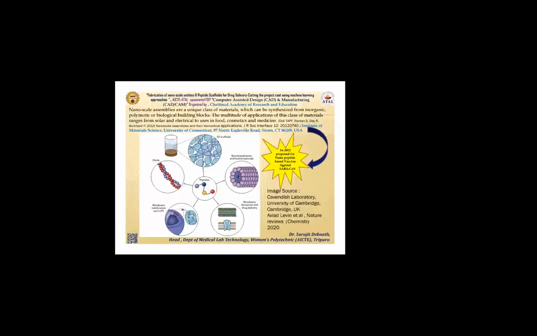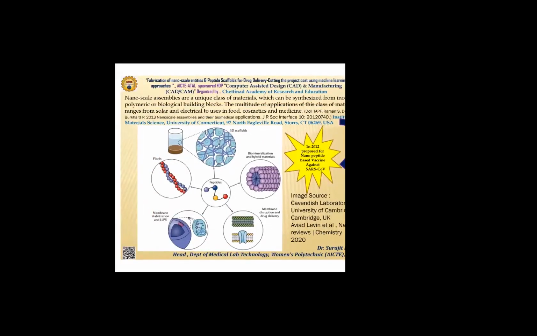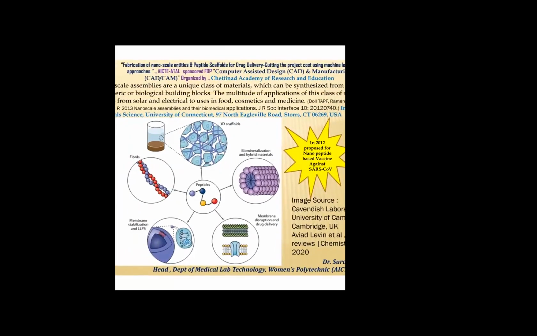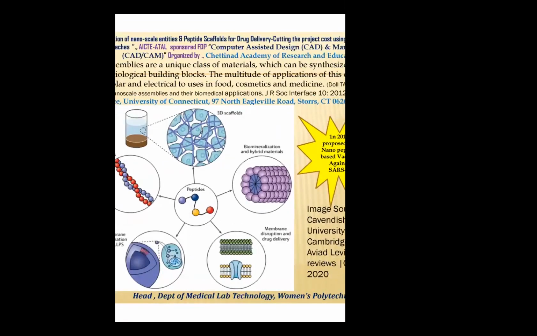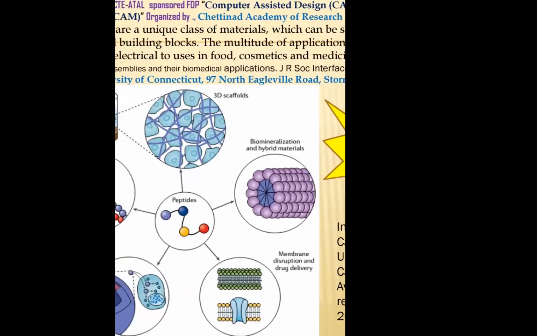Subsequently, this is a very interesting study which was published by the Cavendish Lab of the University of Cambridge. The peptide entities in nano assembly can bring about a lot more than what we already have. For example, they can produce artificial membranes. Then they can also lead to biomineralization and hybrid materials. Then 3D scaffolds. This 3D scaffold is very, very interesting, and many labs in India as well have done excellent work where a scaffold has been made and then a particular kind of cell has been